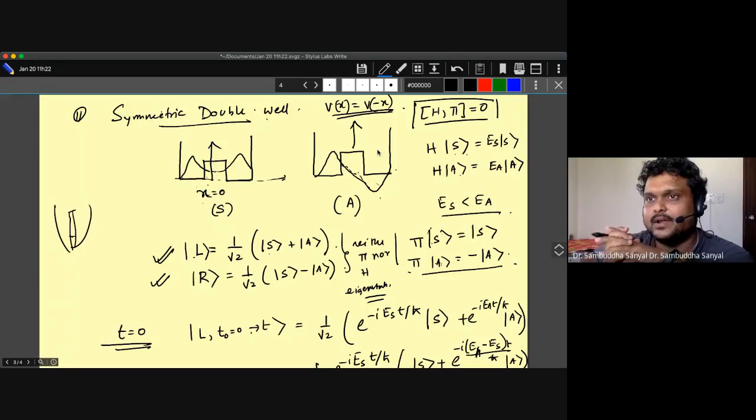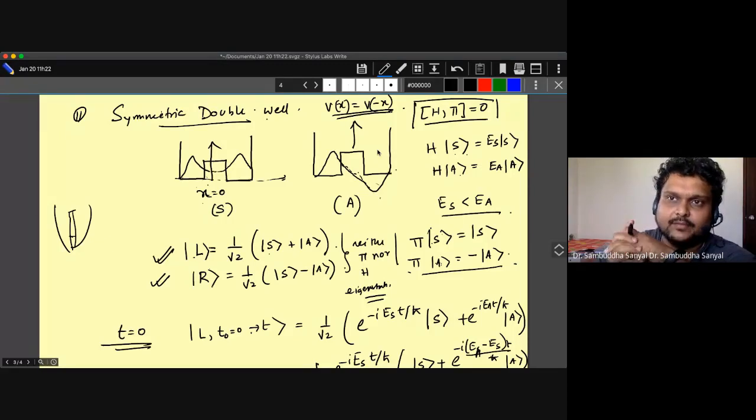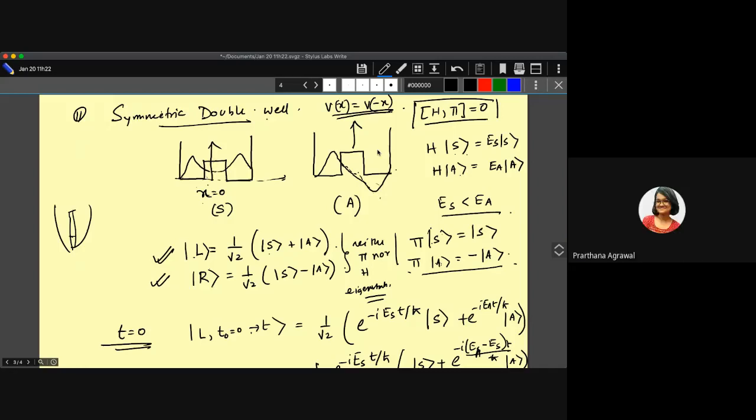Can a state be neither odd nor even? No, I don't think that can happen. So that statement should be like that, but I have to be a little more careful: a higher state is either parity odd or parity even. And that is the statement indeed. But the ground state is always parity even. And that is why it's surprising, because it's an even state which is breaking the